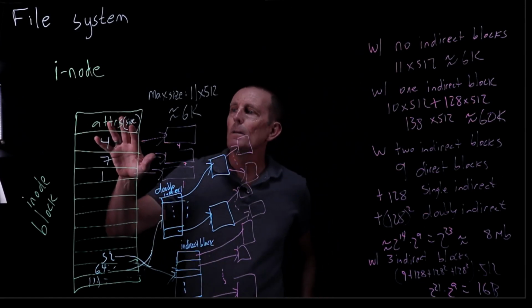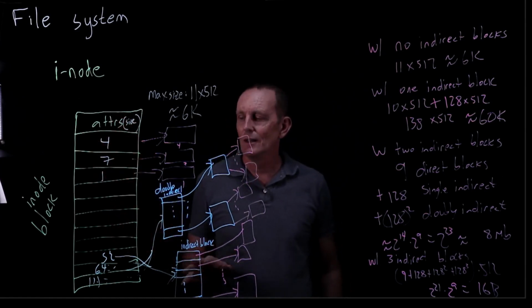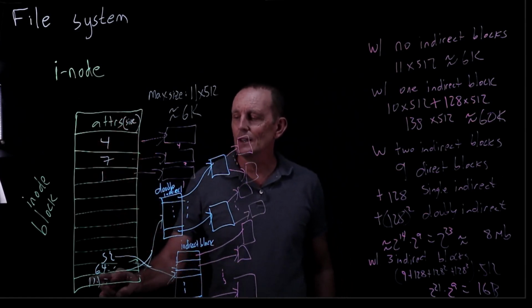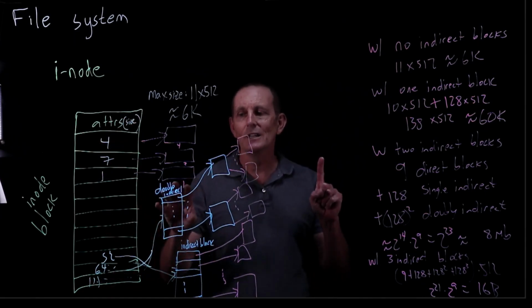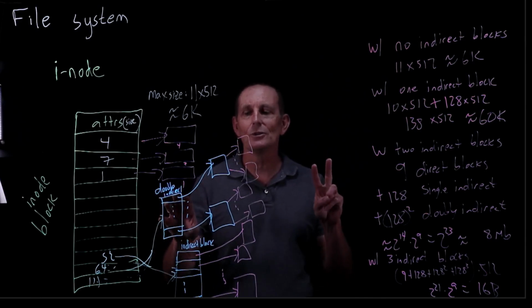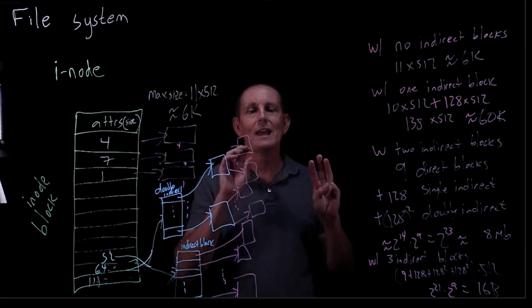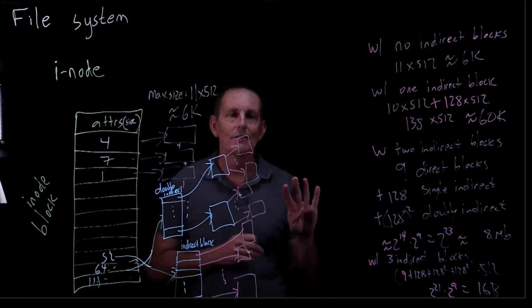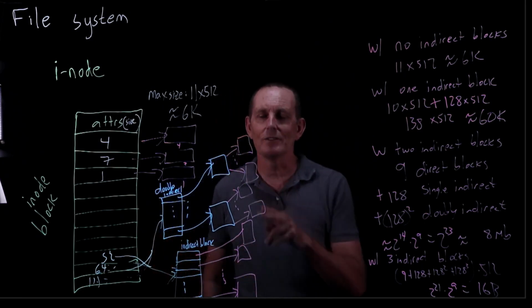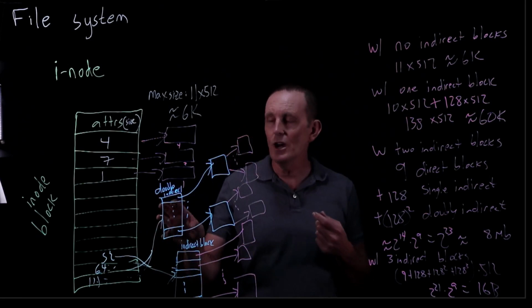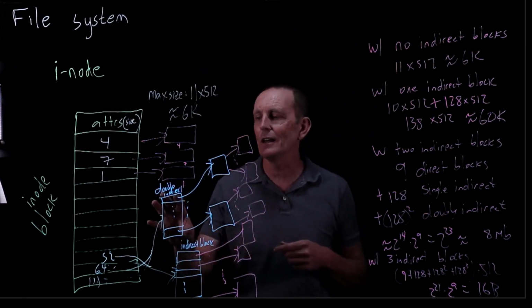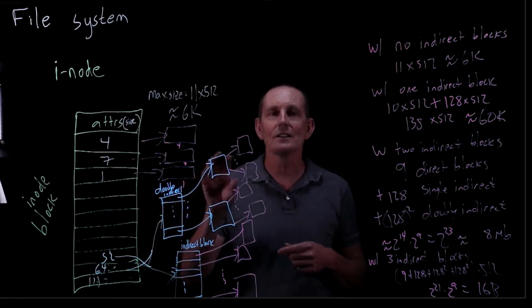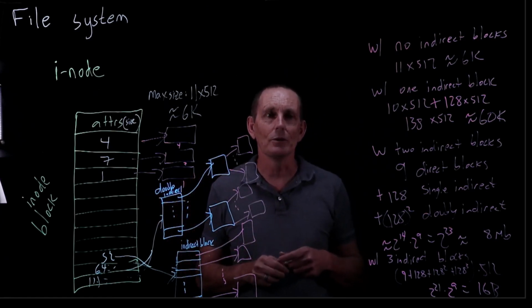And then for the largest possible file, the worst we have to do is find the triple indirect block, read the triple indirect block, that's 1, read the associated double indirect block, that's 2, read the single indirect block, that's 3, and then read our final block, that's 4. So we have 4 disk blocks we have to get to instead of possibly 1. Note there is caching going on, so if we're accessing the same location roughly in the same file, all these indirect blocks are also going to be cached in memory, so we won't have to pay the price of going to the disk for those.